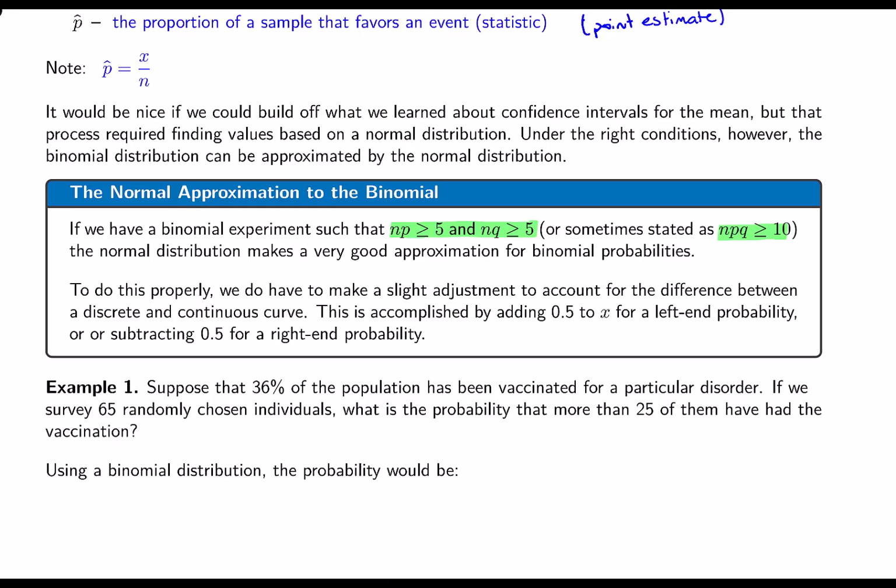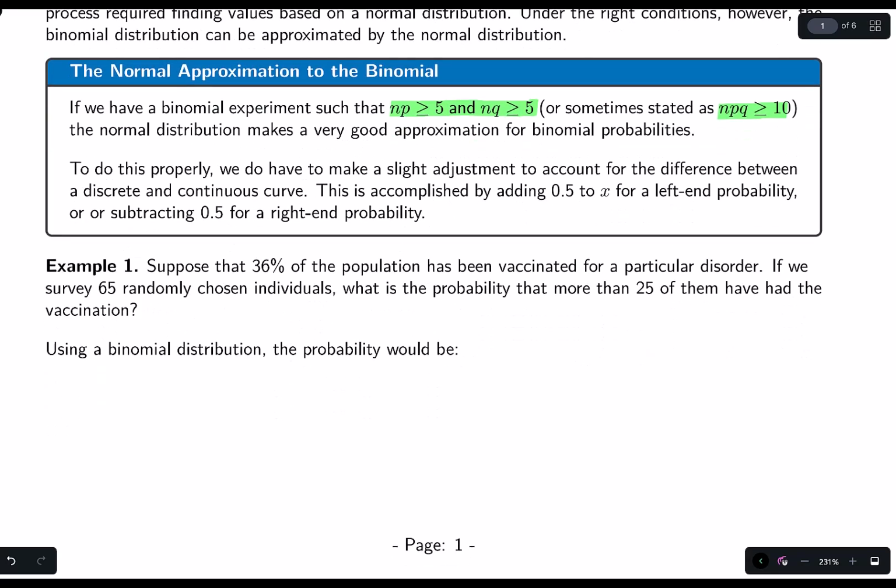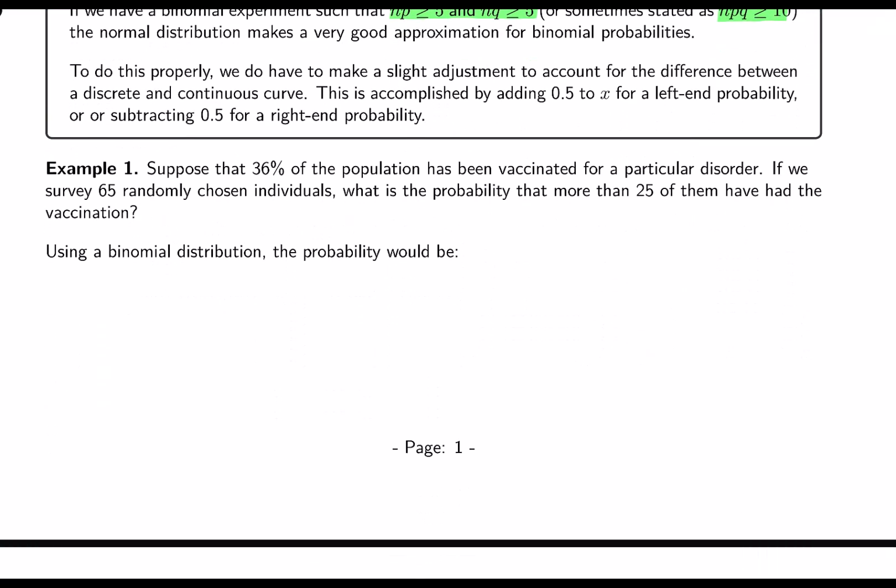You're only going to use this for knowing that you can operationally go through and use the normal distribution in place of the binomial in these cases, and then we're doing inverse calculations, not probability calculations. But I want to walk through a probability calculation just so you can see how good of an estimate this